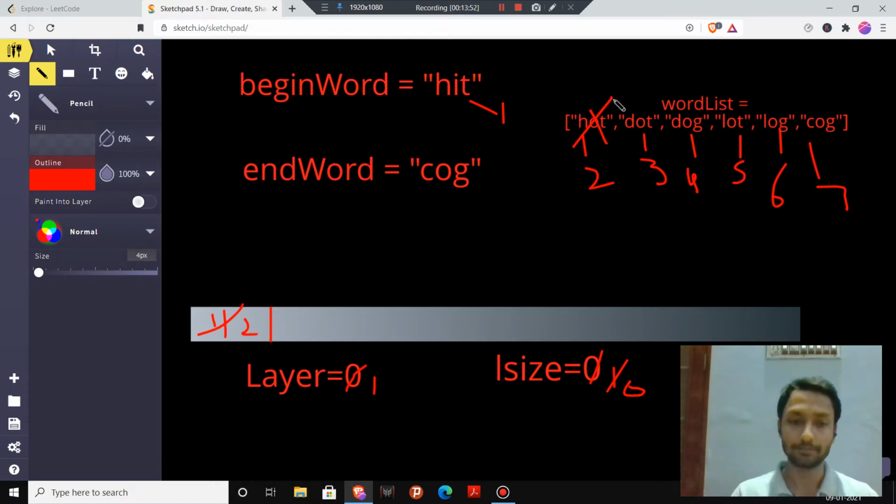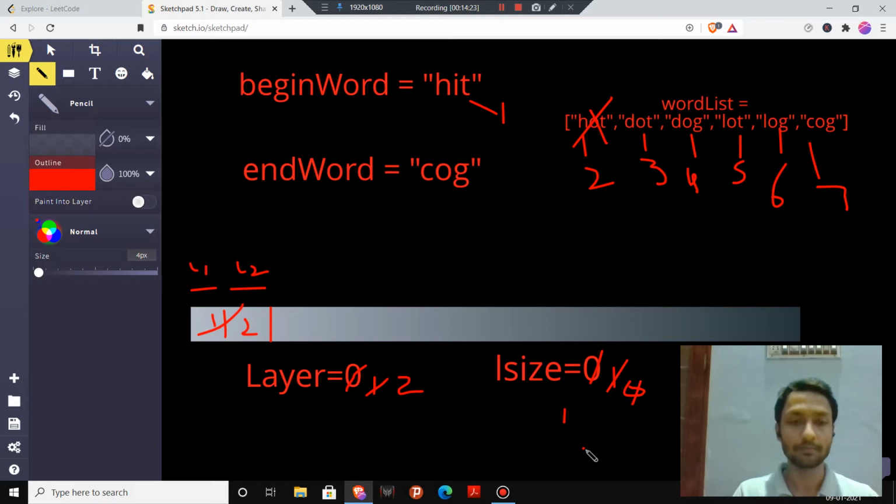Now remember this was our layer 1, and this is our layer 2. Now we have to increment our layer. Now we are at layer 2, and our L size has become 1 again.